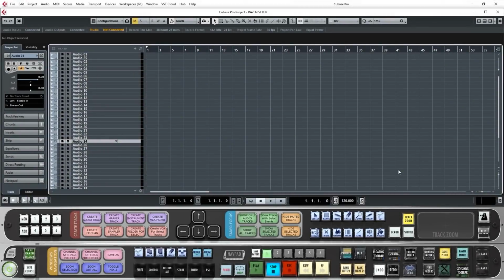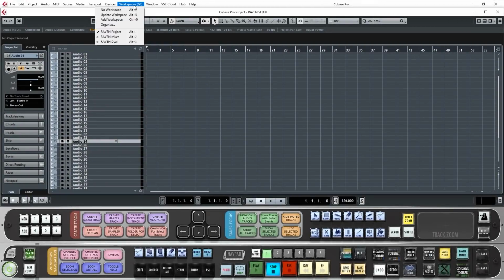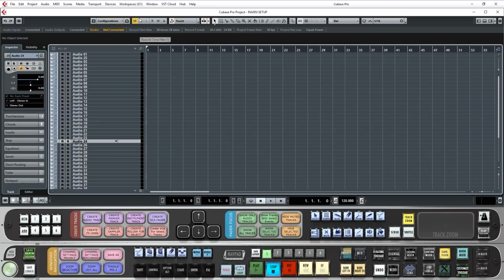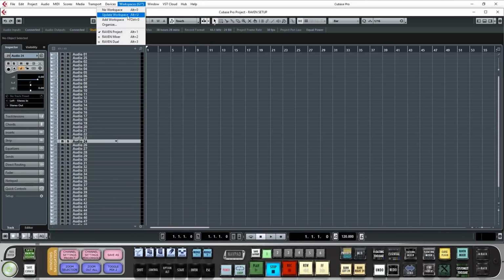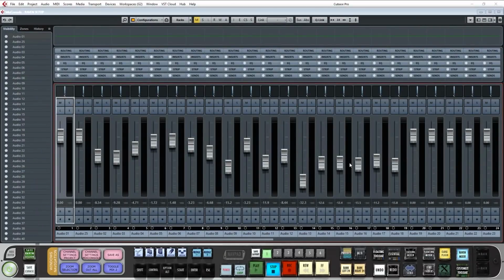The Raven installer has included custom Raven workspaces for Cubase and Nuendo designed to work in conjunction with your batch commands. Use Workspace 1 for the Cubase project window. Here, you can adjust how many Raven toolbar racks you would like visible and adjust the size of the edit window accordingly. Use Workspace 2 for the Cubase Mix Console window. This will bring up the Raven internal mixer, which can only have one rack.